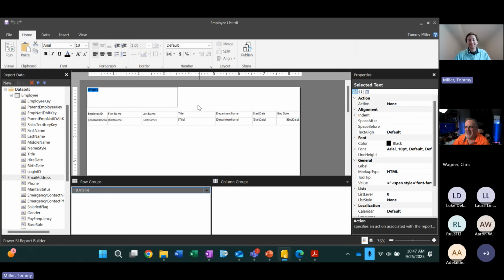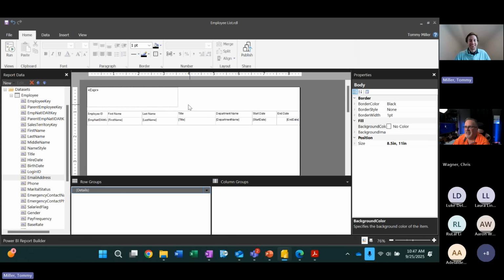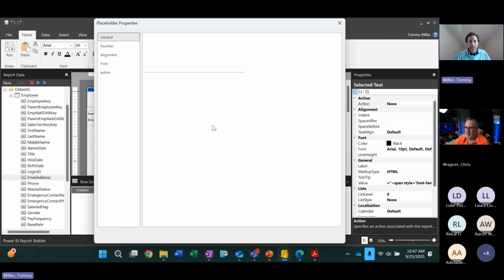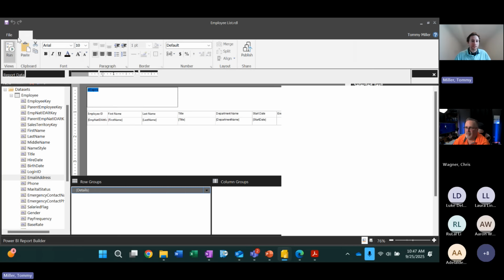So if you even just saw with me, I still forget sometimes, but do note here, in order to enable that, you actually have to first select either your expression or your object within the text box, then right click, then go to placeholder properties. But now that I've got that enabled, let me double check that I did. Yep. Now when I go to run this report,